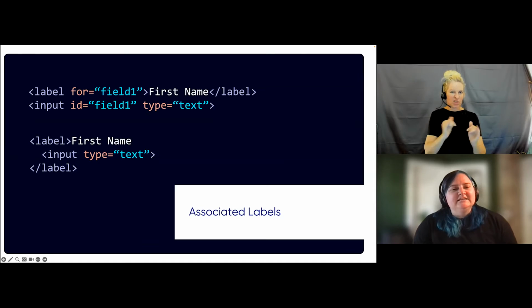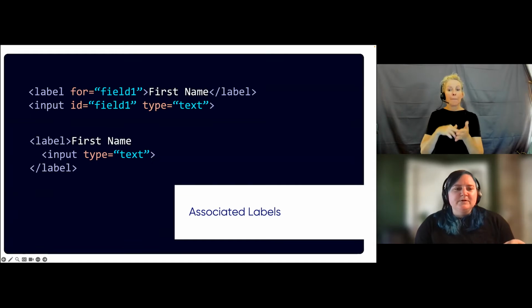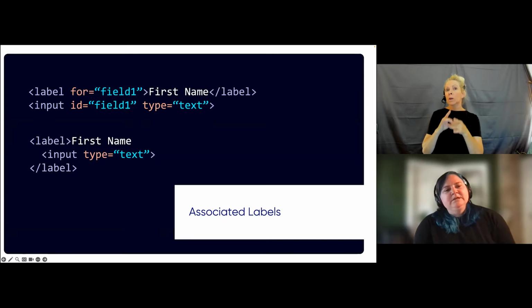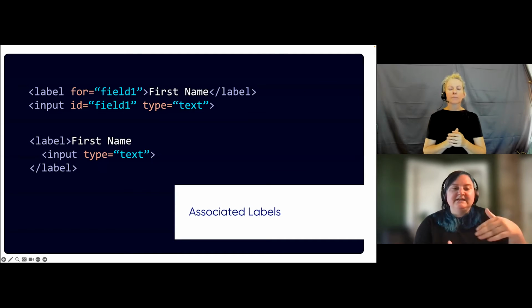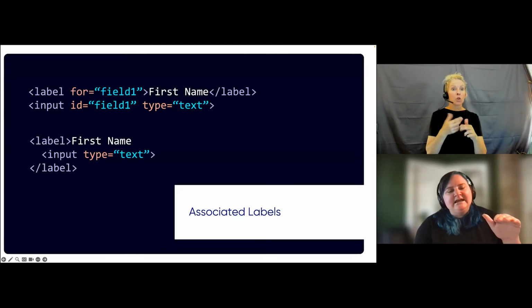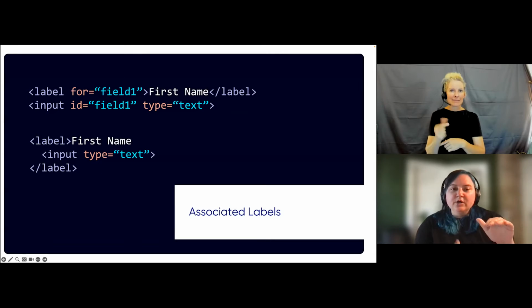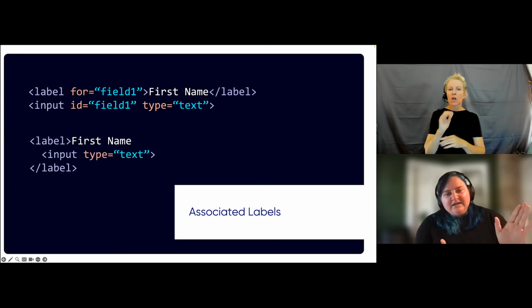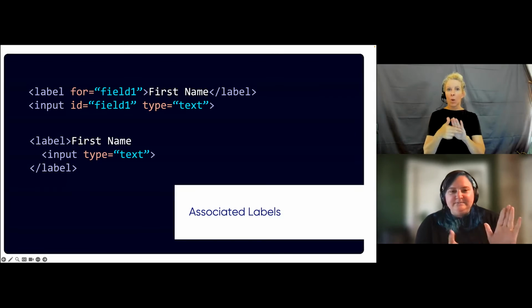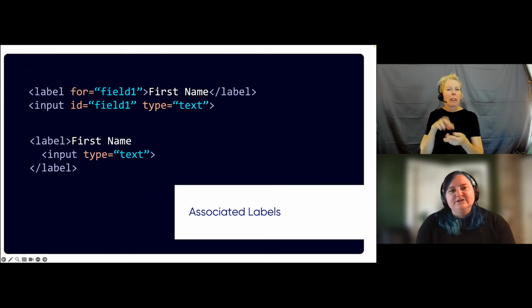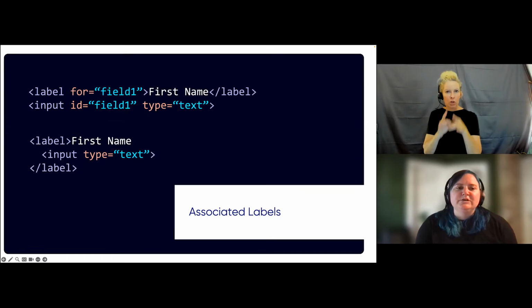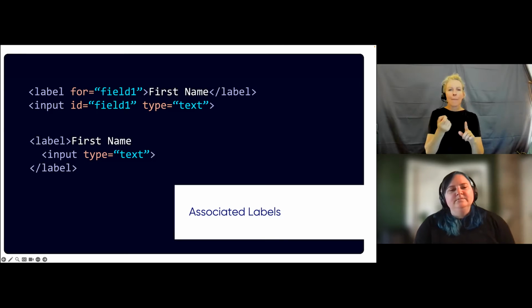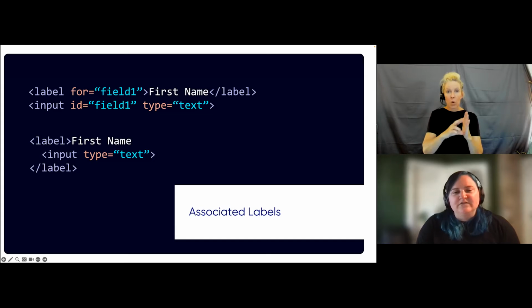The second way, in our second example here, is an implicit relationship between the label and input field. The label element in HTML, again, semantic element of label, has the text of first name inside of it, and the end tag for that label element is actually below our input field. So the input is a child element of the label. Because it's wrapping it, those two things are directly related. They're connected together through that implicit parent-child relationship. So again, this is a little easier to implement. It's maybe a little more difficult to read when you are doing a code review, but this has fewer limitations about ID references and such.